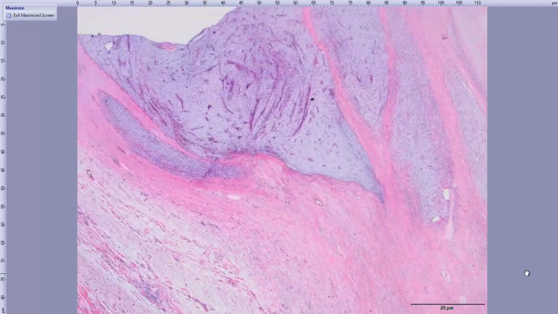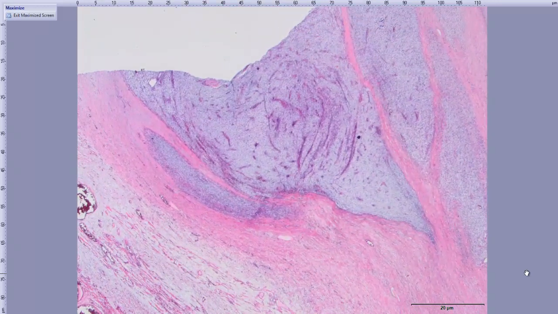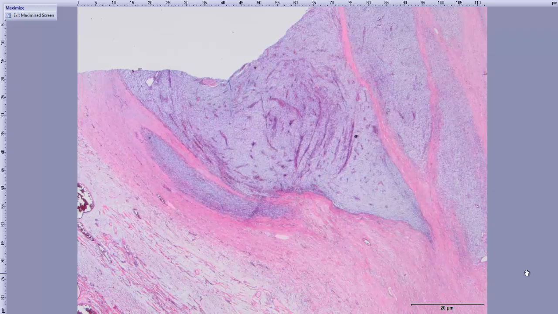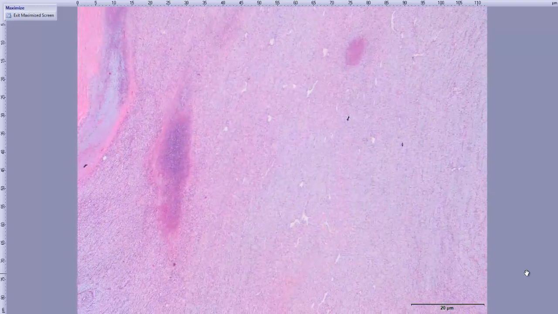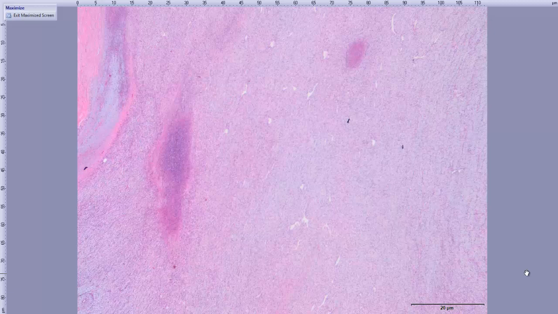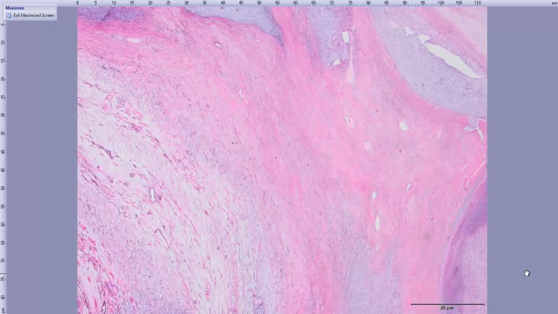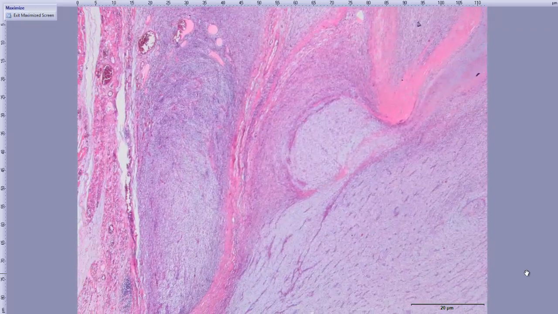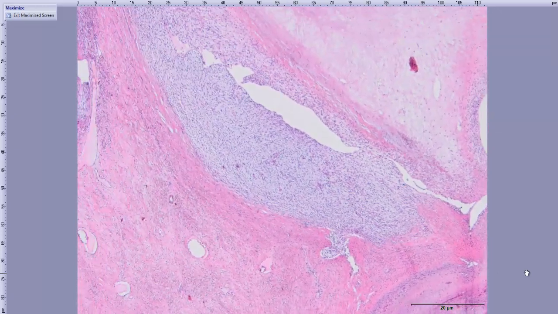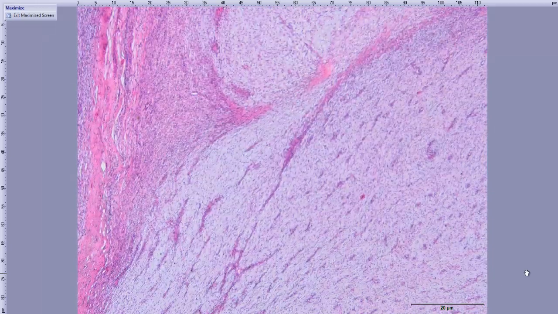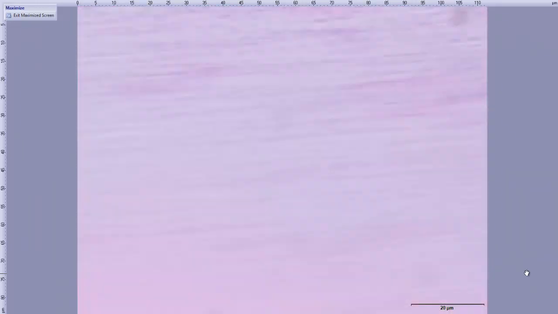In this low power field, some areas have some thick vessels and look like myxofibrosarcoma vessels, and some areas have some hemangiopericytic areas. And in the low magnification, we have some vessels that look like herniated, and if we go to the higher power field,